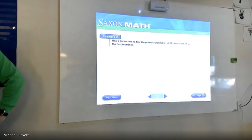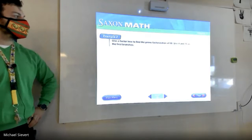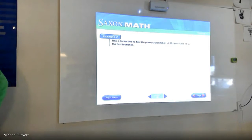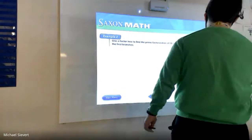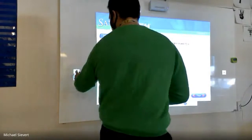All right, example 2. Use a factor tree to find prime factorizations of 60. Use 4 and 15 as the first branches. Most of you should know what a factor tree is. Can you nod your head if you remember what a factor tree is? Okay, so not a lot of people, so we're going to have to review this a little bit. So a factor tree is when you have a number that looks like